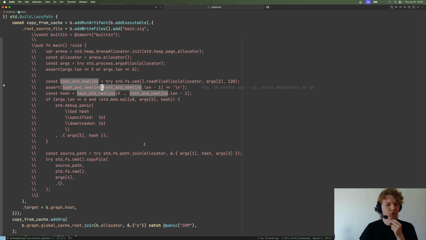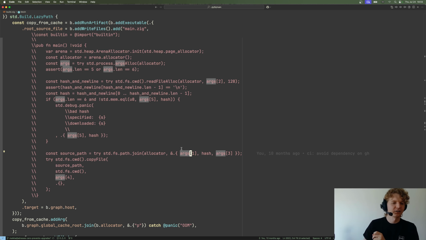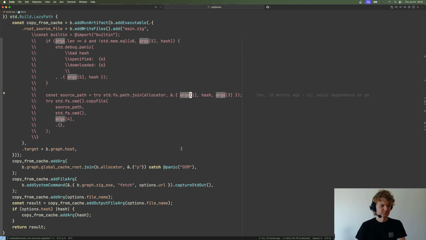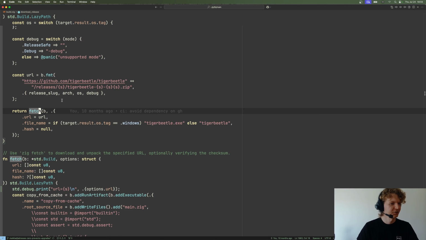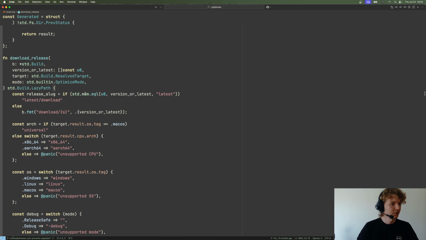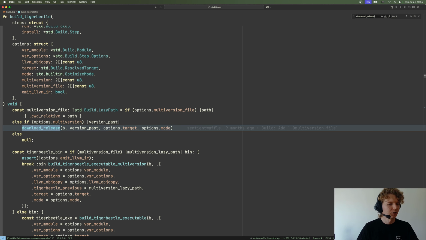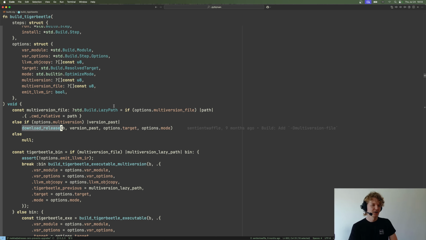Checks the hash and copies the file to where it should be. Okay. So this is fetch. This was download release. So we downloaded our release, and now we have this magically tracked by the Zig build system lazy path,